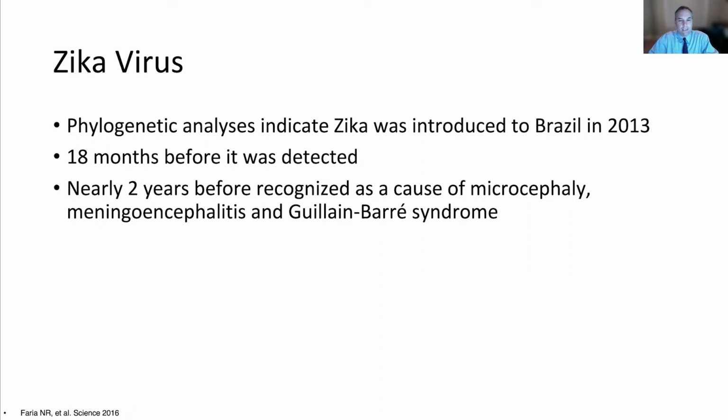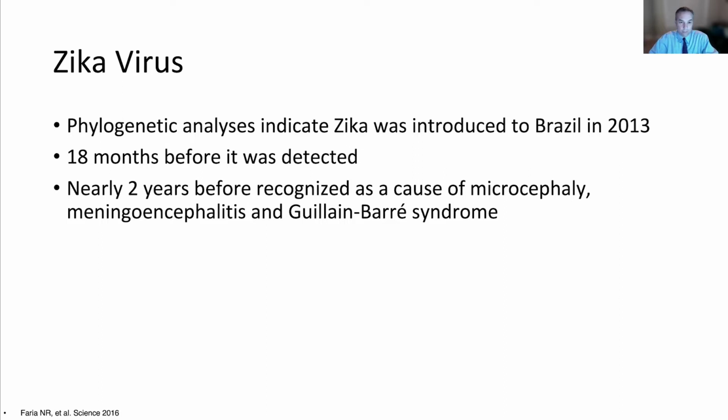It's now estimated that Zika virus had been circulating in Brazil for a full 18 months before it was detected, and nearly 2 years before it was recognized as a cause of the spiking cases of microcephaly and Guillain-Barré syndrome in Brazil. Because Zika virus had not been seen before in Latin America, there weren't pathogen-specific tests available in that part of the world. And even if they were available, it wouldn't have made sense to send them because it wasn't known to be